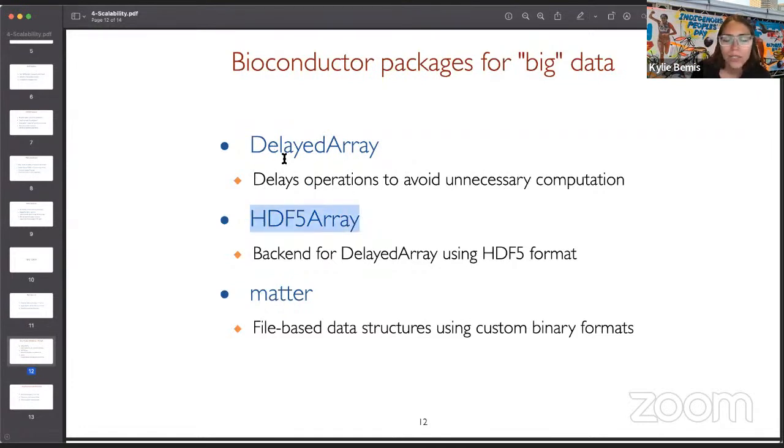HDF5Array is built on top of DelayedArray, and it uses the HDF5 format, which is a scientific file format, as the backend. So this is one of the more mature R packages for working with big data on Bioconductor. And then there's another package called matter, which is one of the packages that I've developed for use with Cardinal. This provides a more flexible approach that might be a little more difficult to use out of the box than something like HDF5Array, but